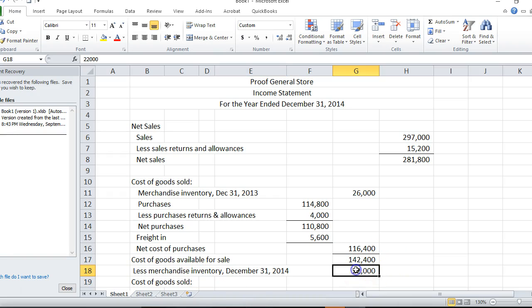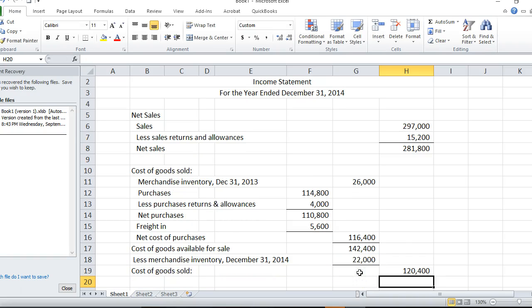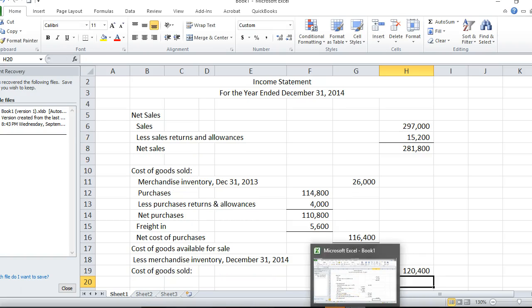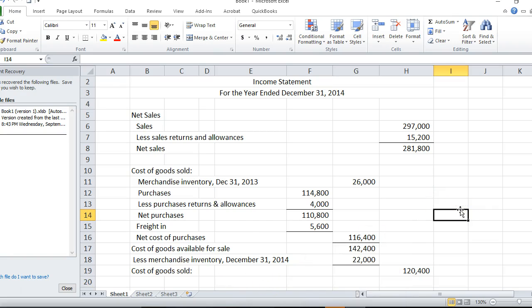So as you see, we had available for sale 142,400. We had on hand at the end of the year 22,000, which means we didn't sell 22,000 of everything on our shelves because it's still there, which means the difference we did sell. So we have cost of goods sold of $120,400,